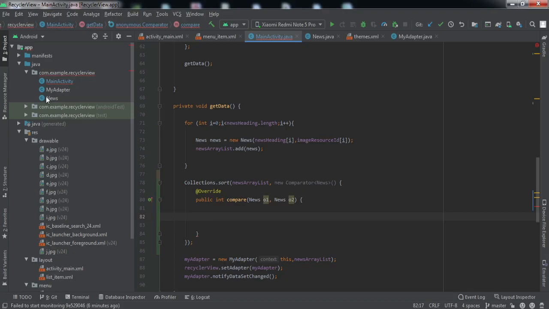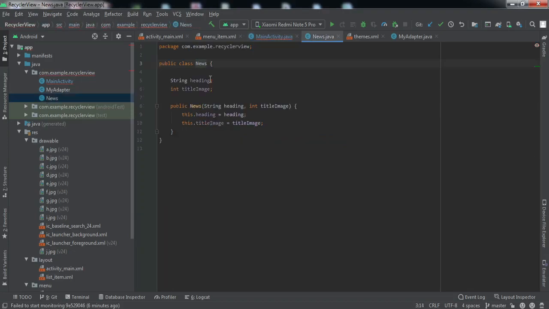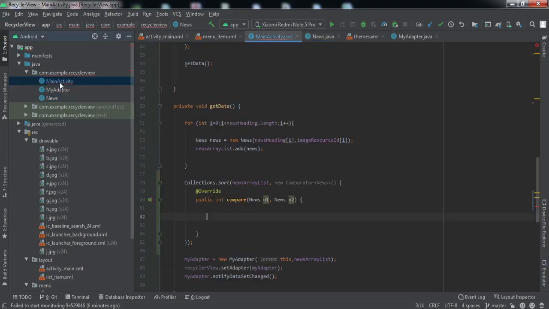For example, this is my data class. I have two fields inside it, the heading and the ID of the title image. You may have, for example, 6-7 fields, and you can decide on what field you want to arrange these. For the time being, I'll be comparing these two on the basis of the heading.